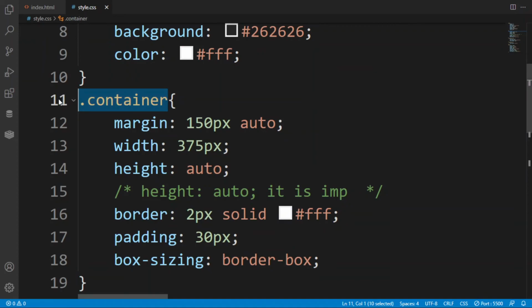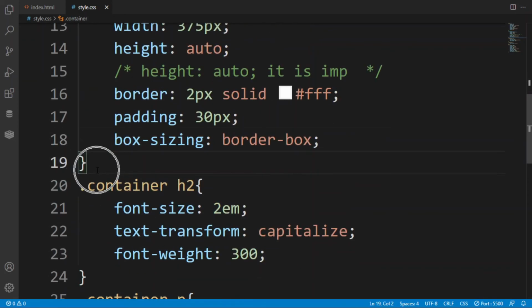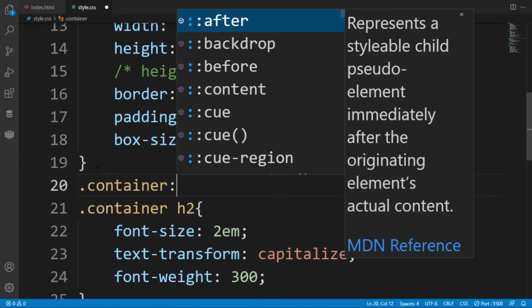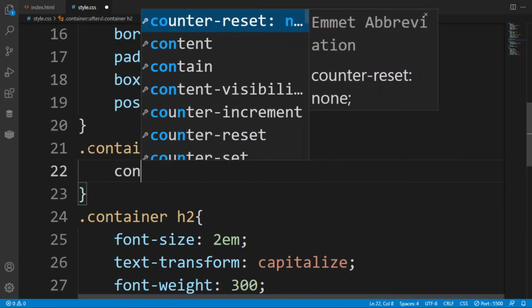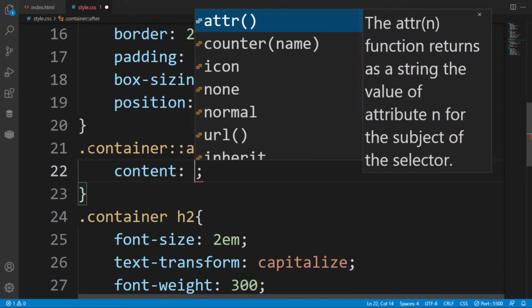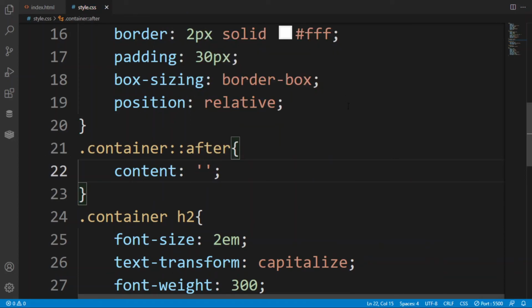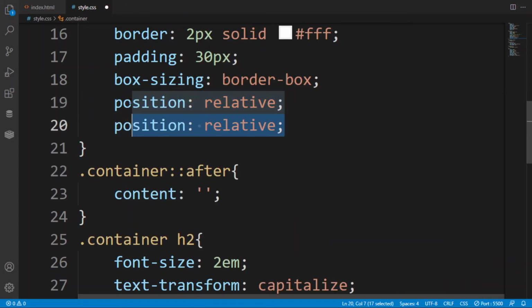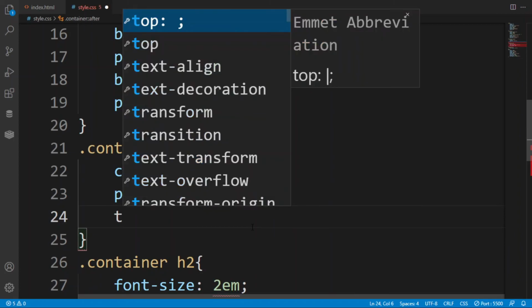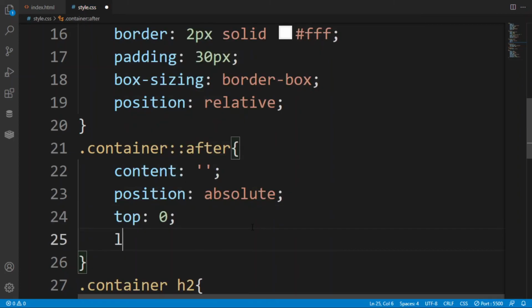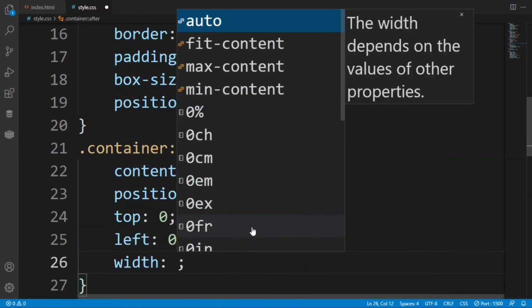So this doesn't matter. Now here in this container, after this, when I hover the container, or you can say when I have created a pseudo class of after, here I am creating a content nil. Position is relative in the main container, so here the position will be absolute, so that it will take all the things related to the container also. Here top 0, left 0, and width will be 15 percent.